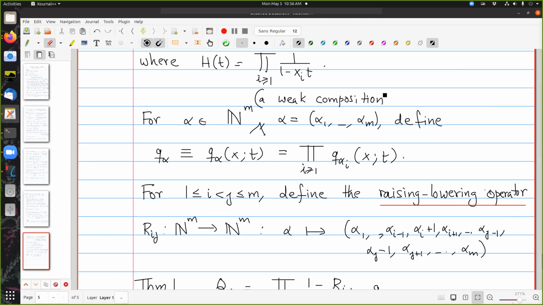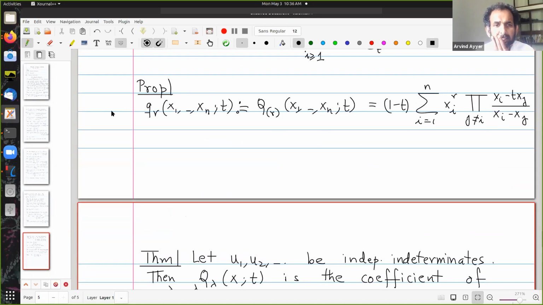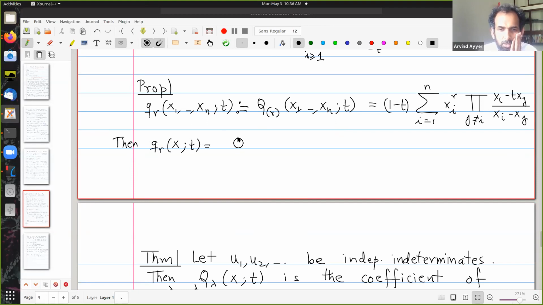What was Q alpha i then? Q_r was defined here. Yeah. So Q_r is this Q with the partition singleton r, and I take a product of those. So here you're allowing now infinite variables. Oh, here. Yes, that's right. Or rather, I'm taking the stable limit of Q. So maybe I'll clarify that. Q_r of x, t is Q.